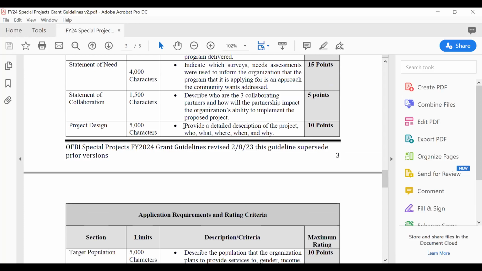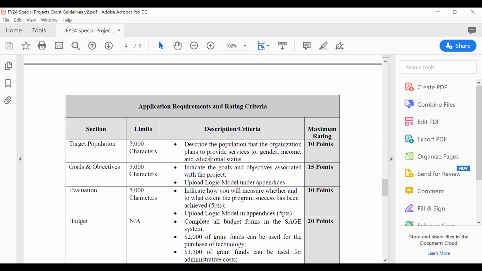And in your project design, you should indicate what the activities are for your project. And then the activities mentioned in your logic model should align with what you're saying in the project design. And that's what the peer reviewers are going to use to see if the logic model aligns with the application. Same thing with goals and objectives, right? Let me go back to this logic model for you. What the heck's it at?